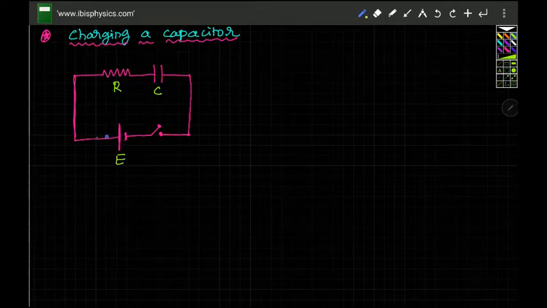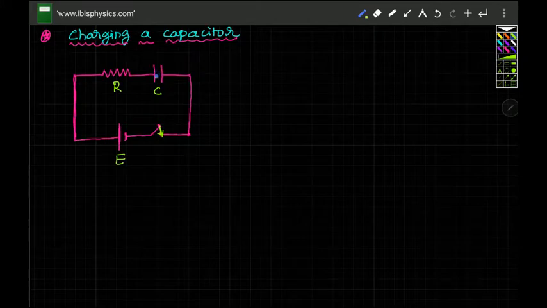When an EMF is connected by means of a wire, naturally resistance is added in the circuit. So you can't simply say that a capacitor is connected to an EMF; there will always be some resistance associated with it. So what happens? When you close the key, the current will start flowing and slowly the charge will build up on the plates. If this capacitor is an ideal capacitor, at one point the charge developed at the plates will produce a potential difference across the plates.